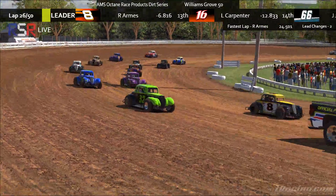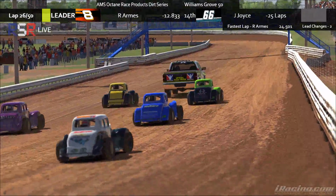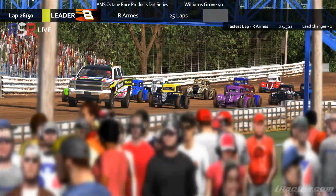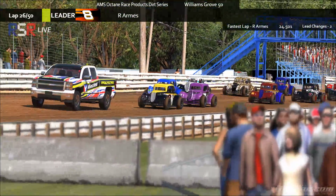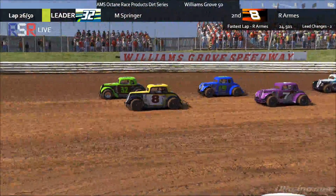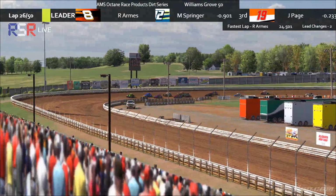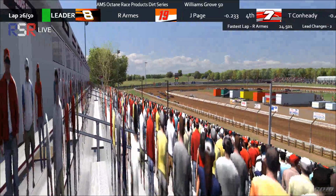Lights on the pace truck are off. Randy Arms, Mike Springer, Justin Page, your top 3. I'm sorry, Thomas Conheady is. Justin Page is in the 4th position. And the pace truck's making that hard left. Randy Arms is back in control of the field now. And he's down, he's away. Oh, he's just about in the inside wall there for a second, but he gets...